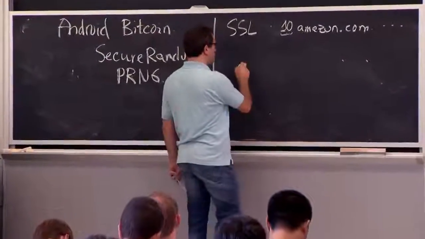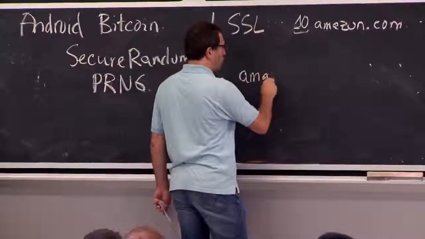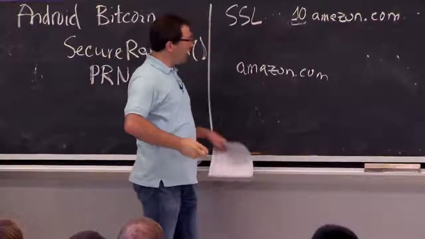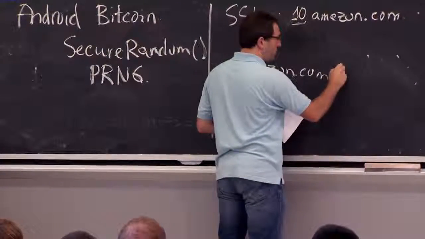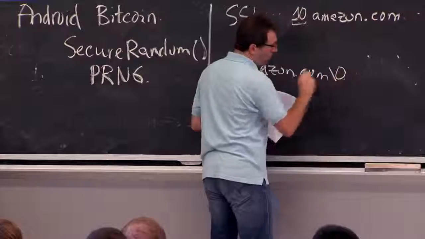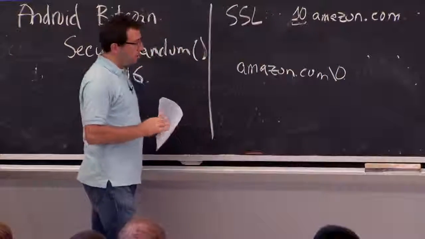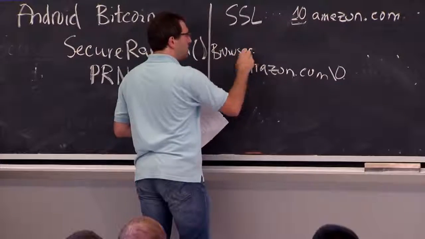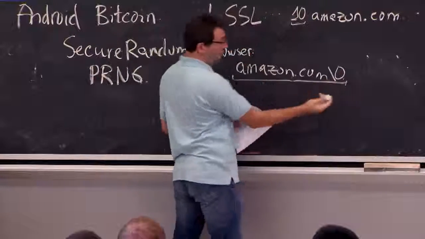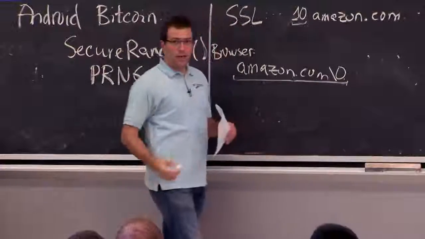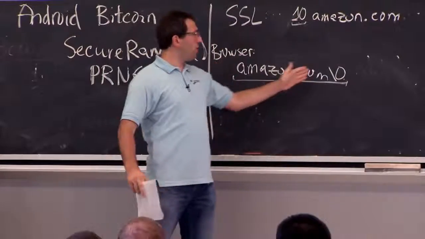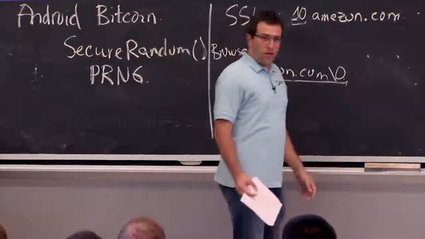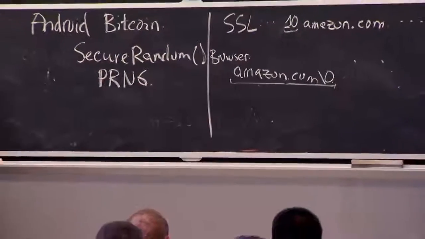And the way C represents strings is by null terminating them. So in C, a string doesn't have a length count. Instead, it has all the bytes, and the end of the string is just the byte 0. In C, you write it with a \0 character. So this is in memory in your browser. Somewhere in memory, there's this string of 11 bytes now with an extra 0 at the end. And when a browser interprets the string, it just keeps going until it sees an end of string marker, which is the 0 byte. OK, so what can go wrong?